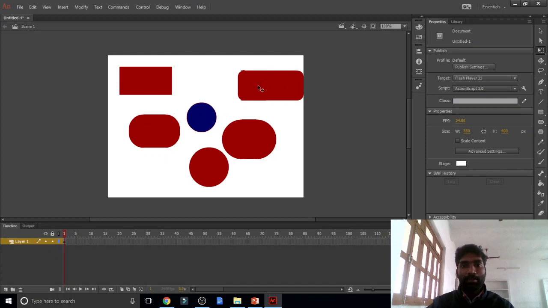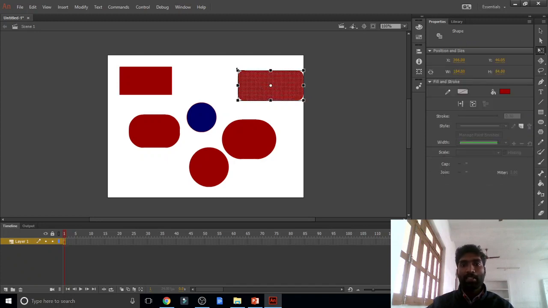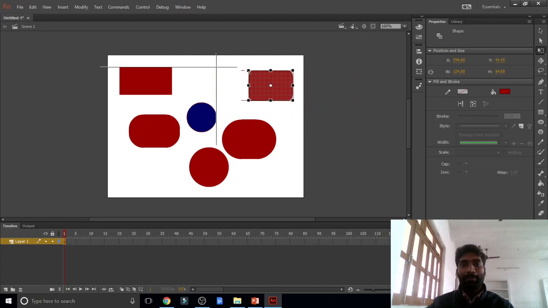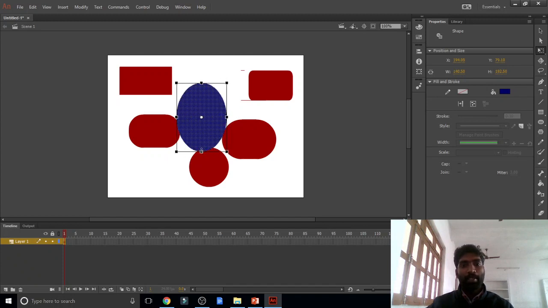Now I selected that, click here. Now see, with the help of these dots you may increase or decrease. Wherever I select these dots, we may increase or decrease. Correct? Okay. Again I am opening another file.